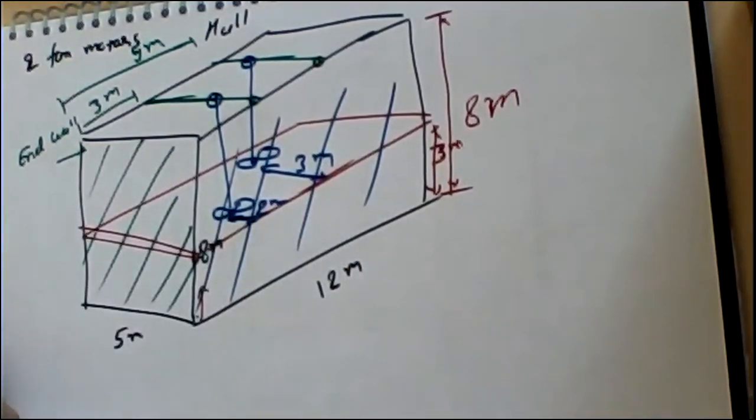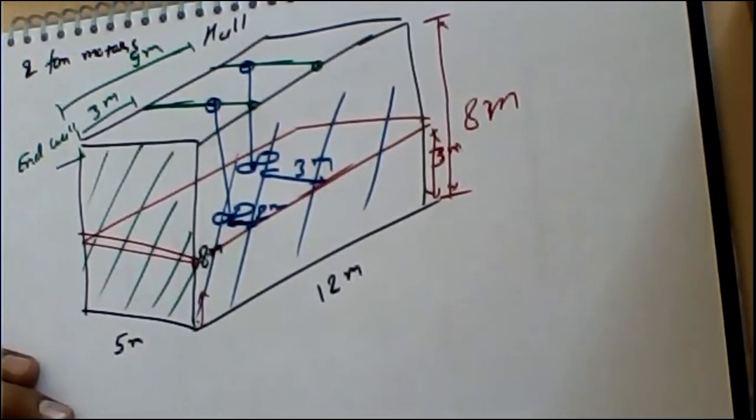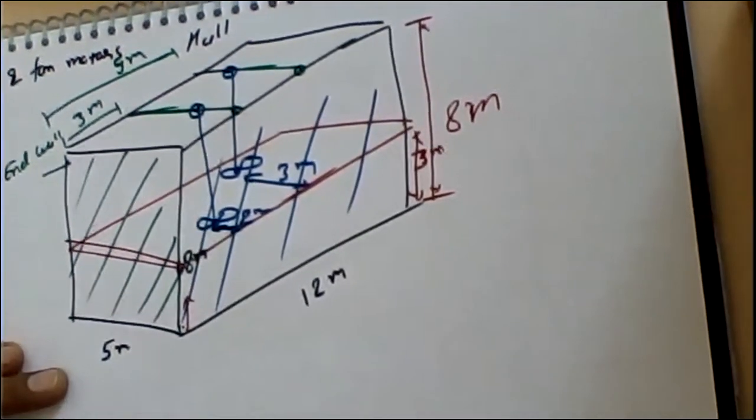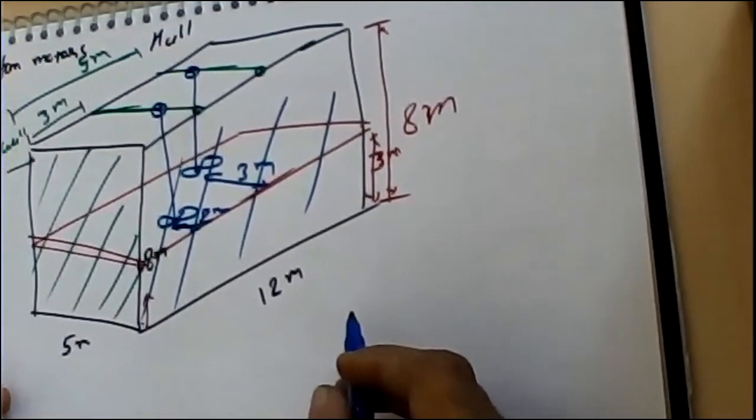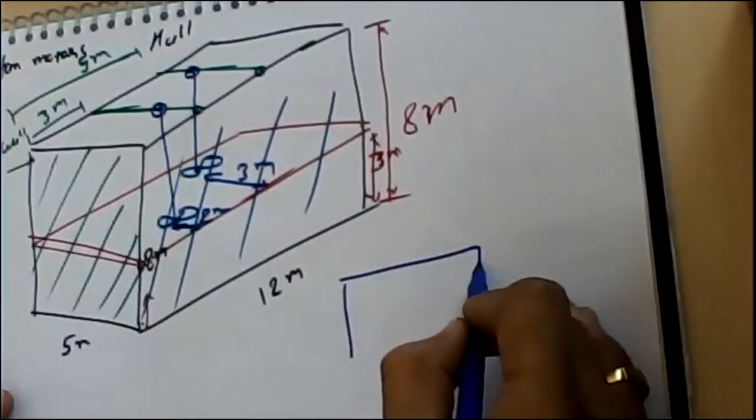Now let us start drafting the problem. Here you need to consider the conditions that a room is having size of 12 meters by 5 meters by 8 meters. The fan is hanging above the floor 3 meters and it is away from the end wall for 3 meters and 9 meters, and from the front wall it is 2 meters and 3 meters. So as we draft its proportionate diagram, the front view of it is going to be like this.